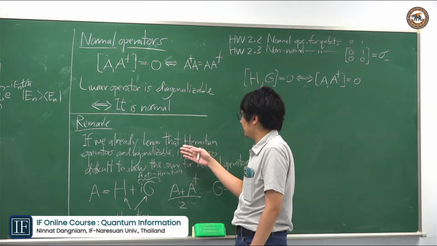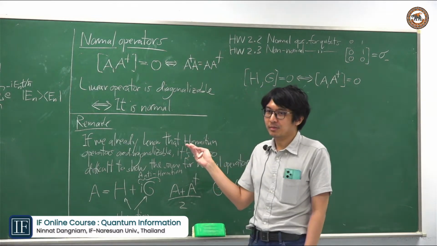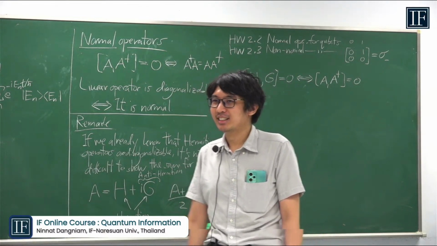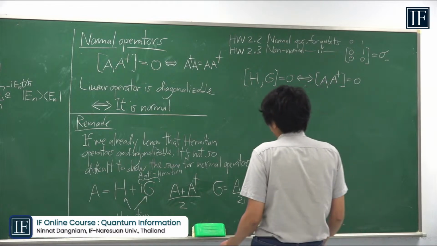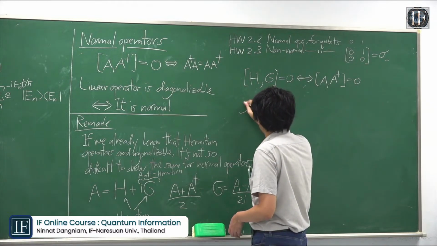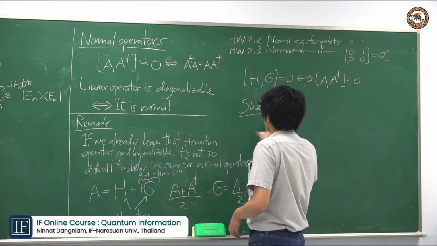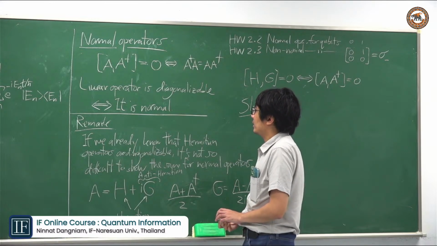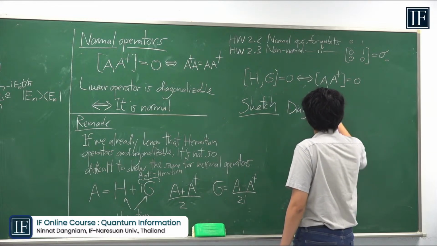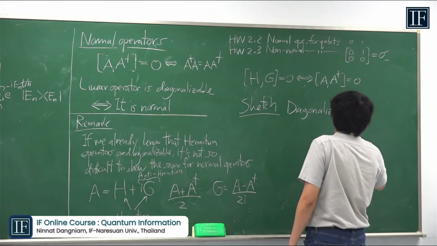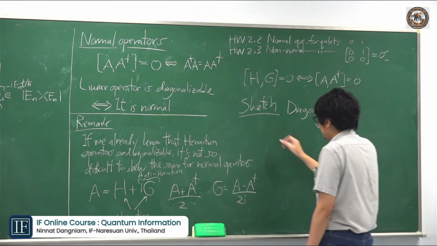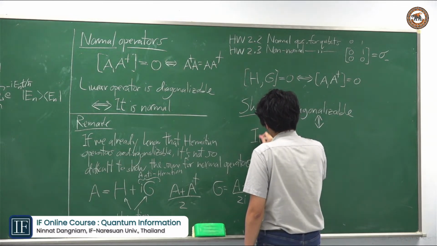If you don't assume that Hermitian operators are diagonalizable, because usually Quantum 101 books don't show you why either, there's another way to directly prove that this is diagonalizable. We're not going to do that, but the sketch of the idea is, for example, you can argue that if a linear operator is diagonalizable, it means that